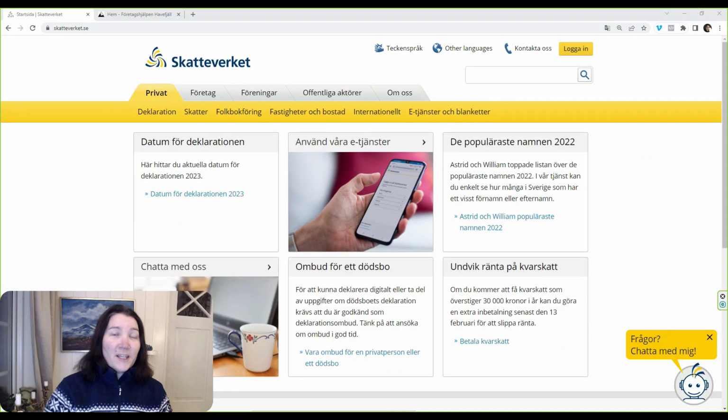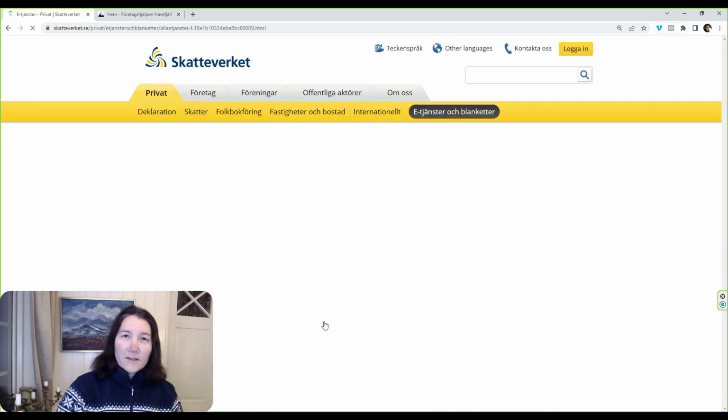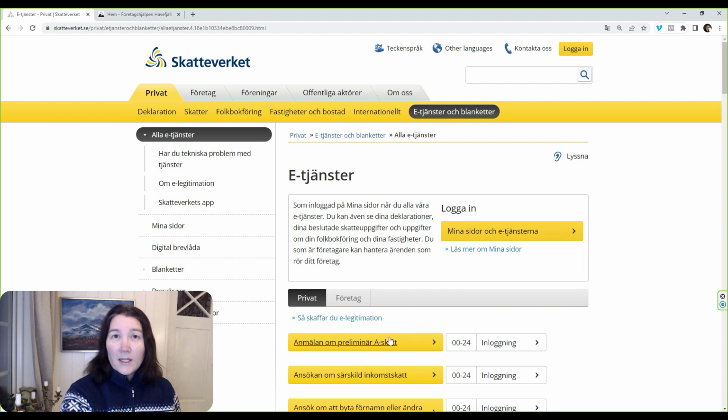So the first thing you need to do is to go to a website, type www.skatteverket.se, and then you enter their website, the tax agency. You can go this way by logga in if you want to, but I will show you where you actually find all the e-services if you want to find them another way. So if you go here to e-tjänster och blanketter, that's the e-services, and we press that one, and then we go to alla e-tjänster, that's all the e-services, and here you find them in alphabetical order,